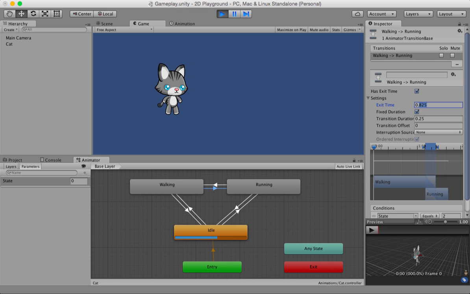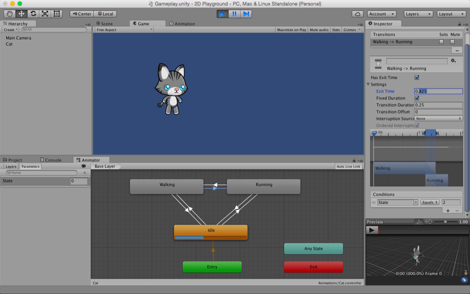Okay, this is useful in 3D games where you're going to blend animations. These animations can be blended together. In certain situations, has exit time is useful, but in this tutorial, has exit time is not used, because once we start making the platformer, the endless runner game, you would notice that this actually becomes an obstacle. So we remove it. But the rest of the properties here, so if you have the has exit time checked,